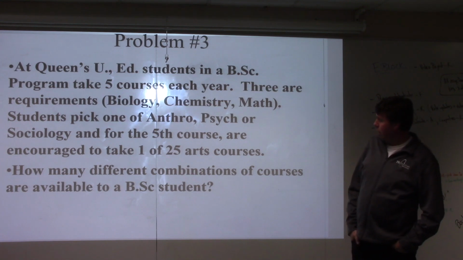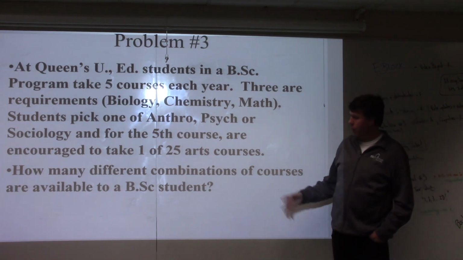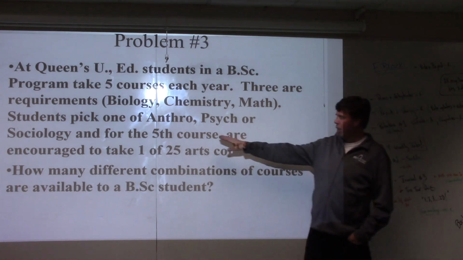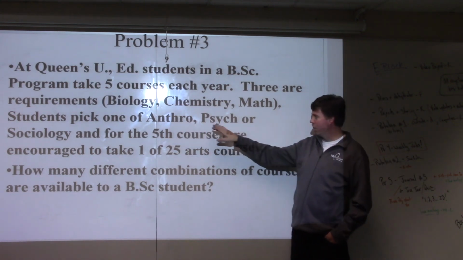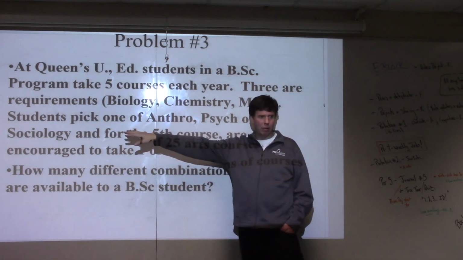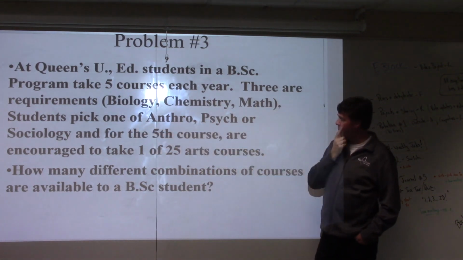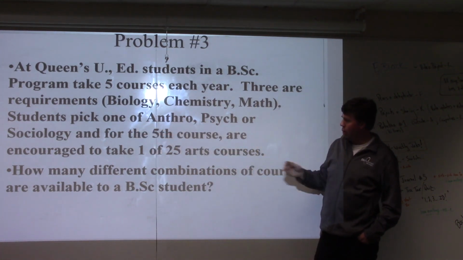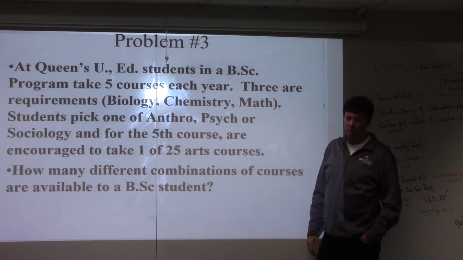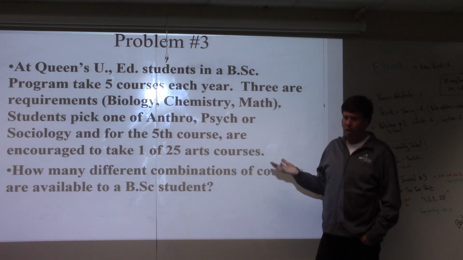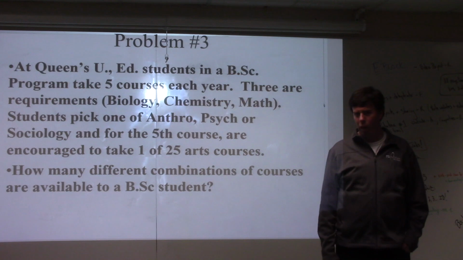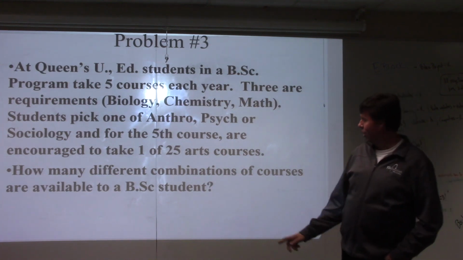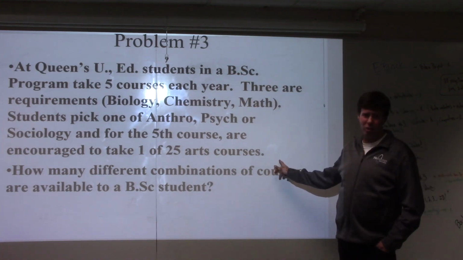So this was me in year 1 as a science math major. I had to take biology, chem, and math. And then from there, because I was in education, they wanted to make sure that even if you're going to be a science teacher, you know something about people. So you have to take one course in anthropology, psychology, or sociology. And then for my 5th course, I had to take an arts course because they wanted us to be well-balanced science teachers. 25 art course options. So how many different ways could my schedule be set up? And I challenge you to think, this is actually identical to the